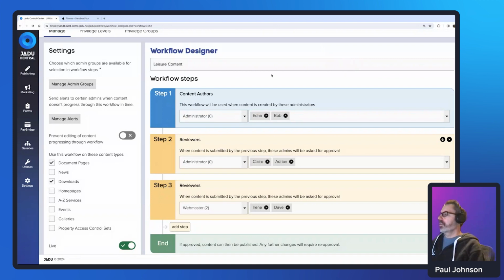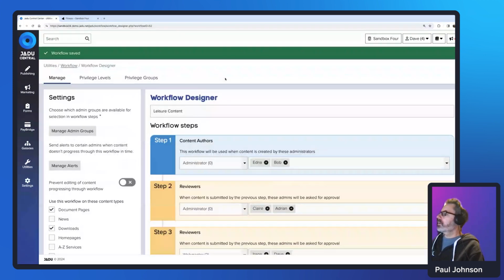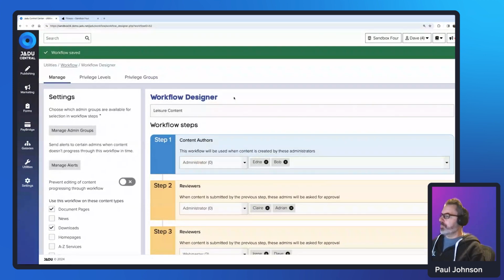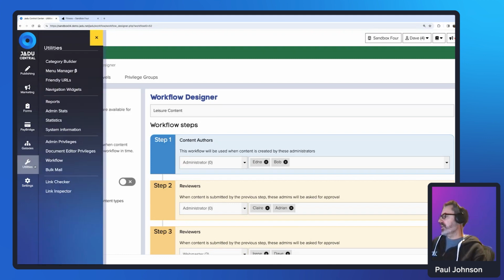Okay. So that's the basic principles of the standard things you'd want to do with workflow. The other thing that you can do with workflow is use it as a way of overriding default privileges. So if I go in and look at the privilege settings that I've applied to